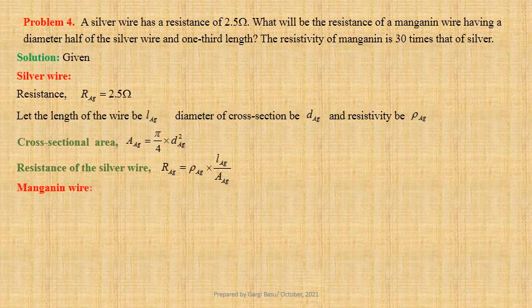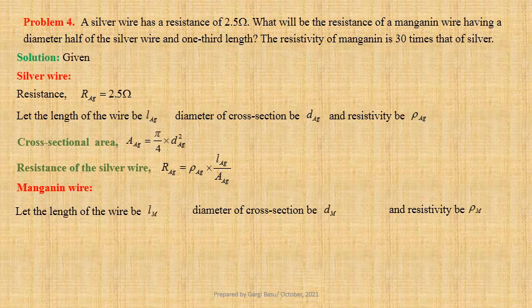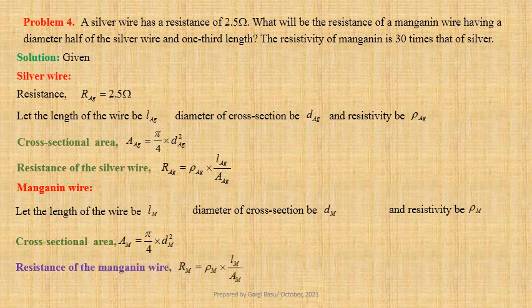For the manganese wire, let the length of the wire be Lm, diameter of cross section be Dm, and resistivity be ρm. Therefore, expression for cross-sectional area Am equals pi by 4 into Dm square, and resistance of the manganese wire Rm equals ρm into Lm divided by Am. According to the problem statement, Lm equals 1/3 of L_Ag, Dm equals half of D_Ag, and ρm equals 30 times ρ_Ag. Now cross-sectional area Am equals pi by 16 into D_Ag square, that is equal to